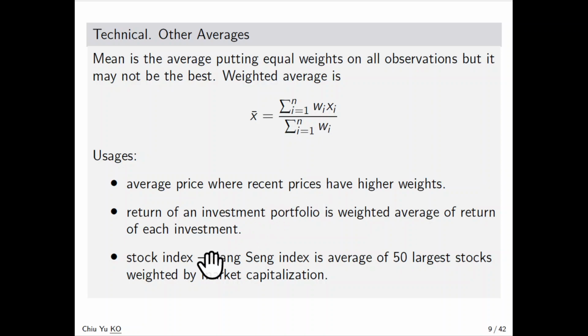Okay, another common one is the stock index. For example, the stock index in the Hong Kong stock market is the average of the 50 largest stocks. Okay, but this is not just a simple average. Instead, it's a weighted average. So the weight is by the market capitalization, which means that if the stock is a larger company, it has larger market capitalization and should carry more weight. So market capitalization is the price of the stock multiplied by the outstanding shares. Okay,